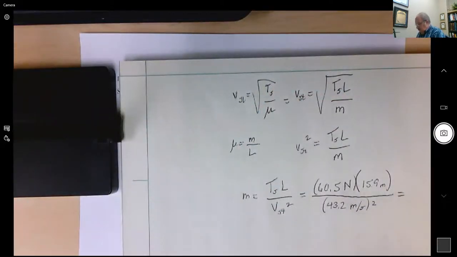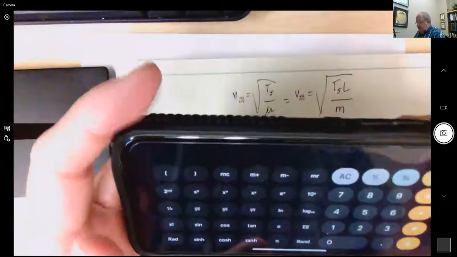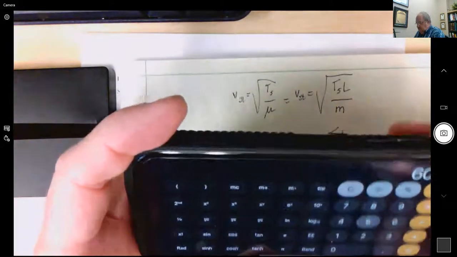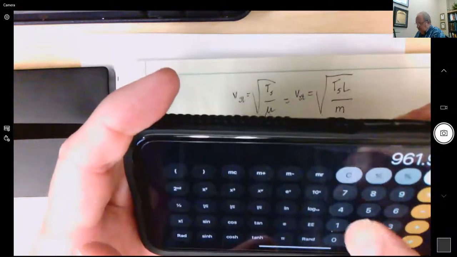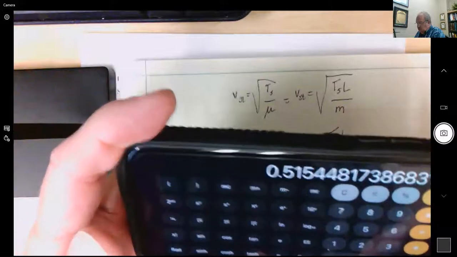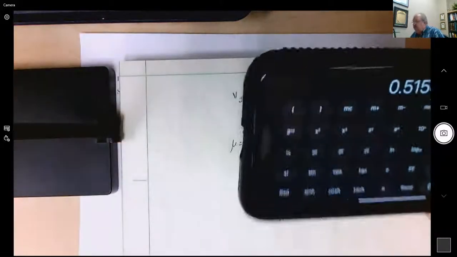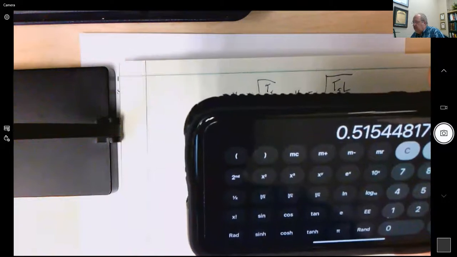So I go to my calculator: 60.5 newtons times 15.9 meters divided by 43.2 quantity squared. That gives me a mass of the string of 0.52